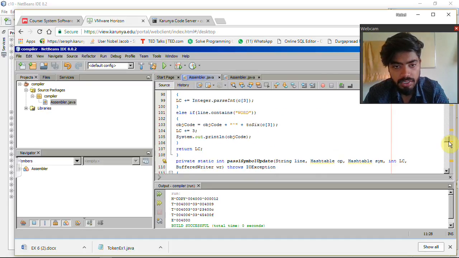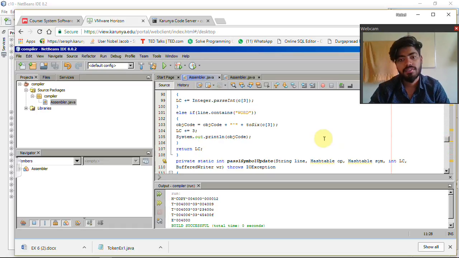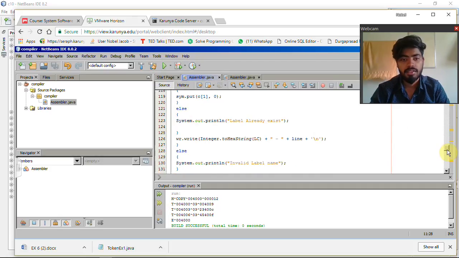And else if the line contains the word, we are going to give the object code is equal to object code plus the starting. We gave one integer here, that one will be added here, and then we are returning LC. We are giving the static integer as private here, so that the function can't be called again in the program. And then we are printing